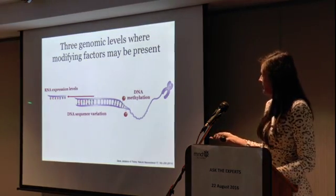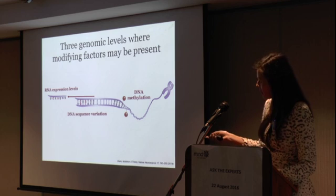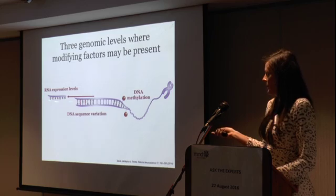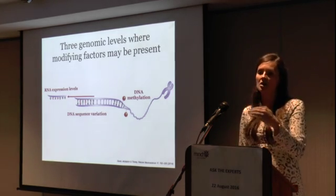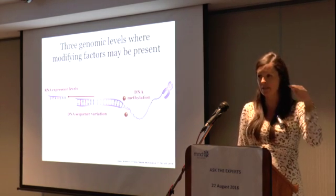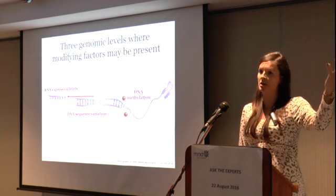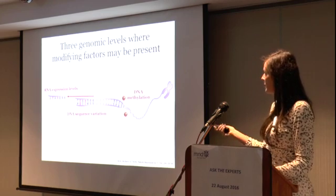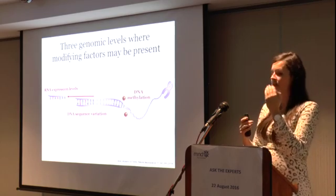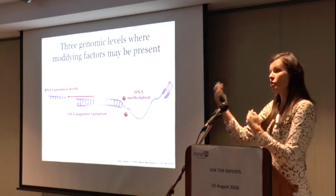We are also looking at RNA. DNA is translated into a protein, which is over here. I didn't have enough room to put everything on my slide. But the intermediate step is RNA, and from RNA we can determine the level that we will see of a protein, because it's that intermediate stage. So if we see lots of RNA of a certain gene, we know there should be lots of protein of that gene made as well. So we want to have a look at RNA expression levels in all of these patients to see if there is a difference in their expression levels of particular genes,